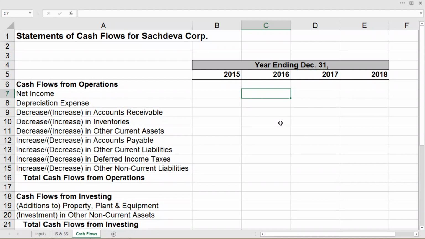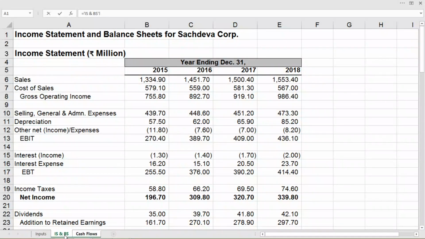We'll be using the Sachdeva Corporation data only, which we have already built for the income statement and balance sheet. So for 2016, in C7, we need to calculate net income, which we have calculated in the income statement. So equal to, refer to the income statement and balance sheet, and select this particular cell C20 directly and enter.